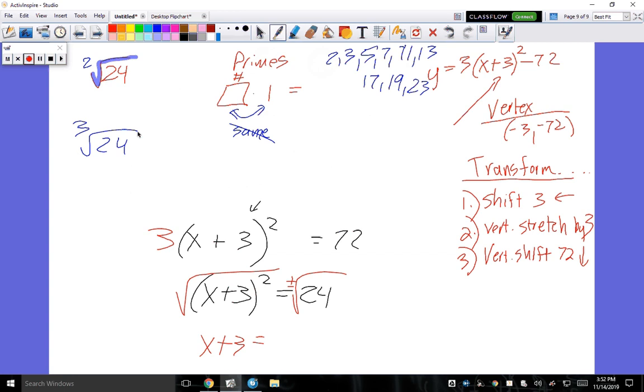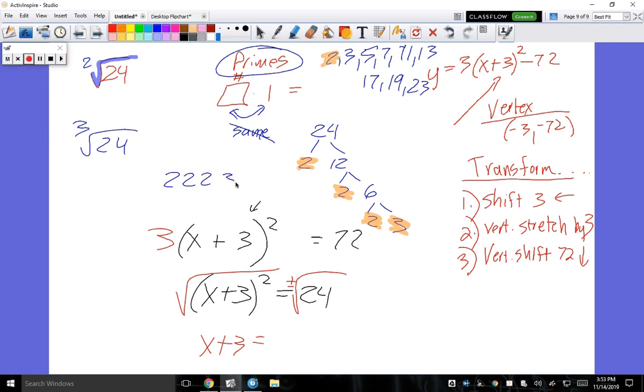And the way you do this, visually, you're going to break this 24 down to primes. 2 and 12. 2 and 6. 2 and 3. These are the prime numbers that we just listed out. And that's how you know where to stop. Okay? So with that being said, 24 can be written as this. So if I said, take the square root, and nothing was there, that 2 means